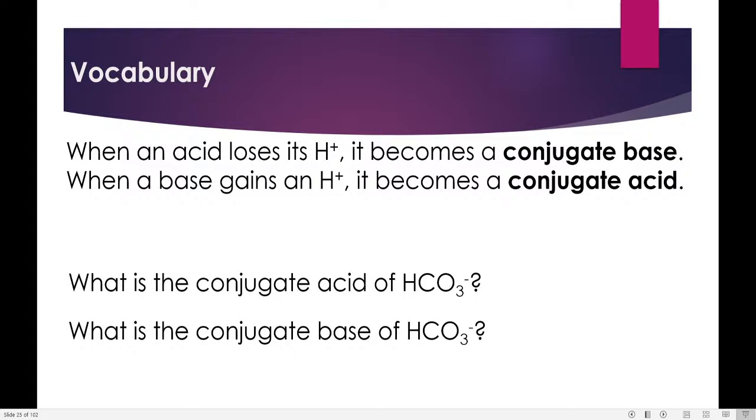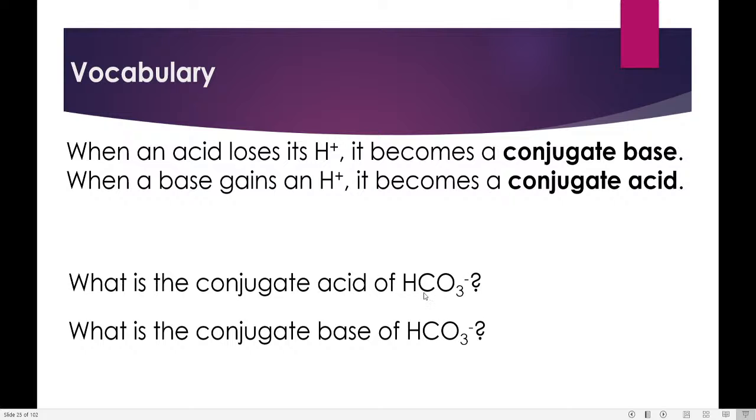Now check out this practice problem. We said that if an acid loses an H, it becomes a conjugate base. When a base gains an H, it becomes a conjugate acid, right? We said that already. So what about this chemical right here? What would be its conjugate acid? Okay, well notice that it's got an H and a negative. This thing is